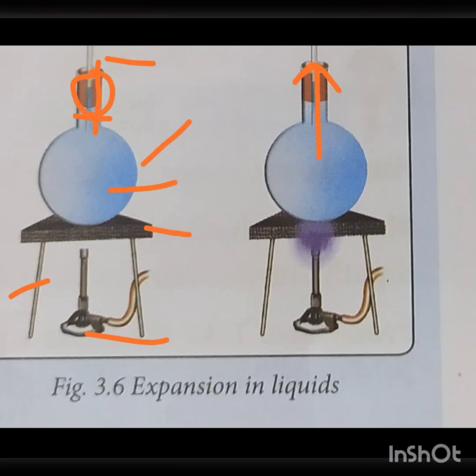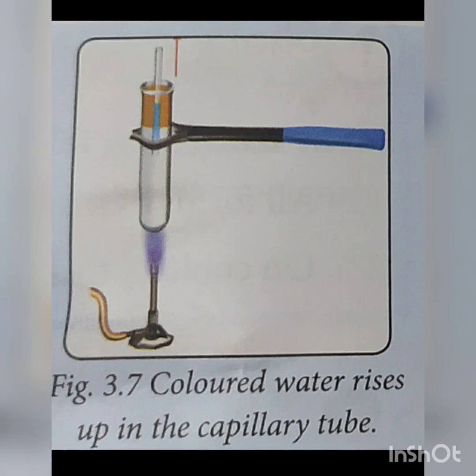We will again observe that the level of water goes down as the water in the flask starts cooling. We conclude that the liquids expand on heating and contract on cooling. Do another activity to demonstrate the expansion in gases. For this, the materials required are a test tube